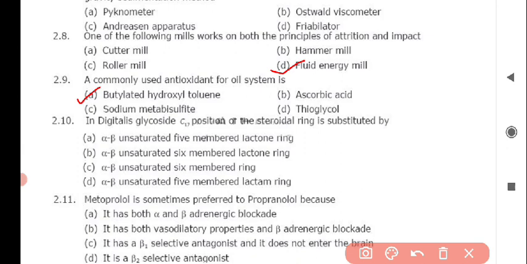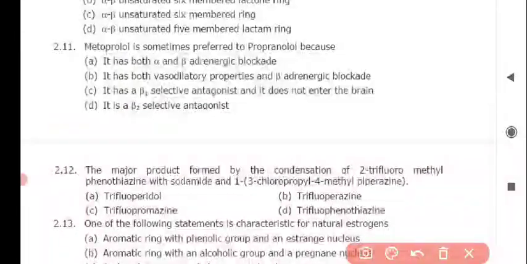Next question: in digitalis glycosides, the C17 position of the steroidal ring is substituted by. The correct answer is option A, it is substituted by an alpha beta unsaturated 5-membered lactone ring. The next question: metoprolol is sometimes preferred to propranolol because. The correct answer is option C, it is a beta 1 selective antagonist and it does not enter the